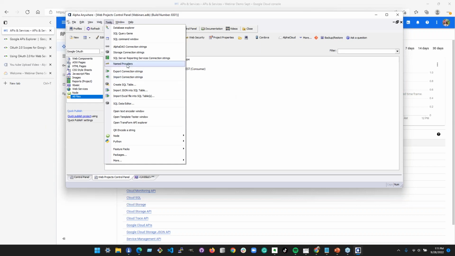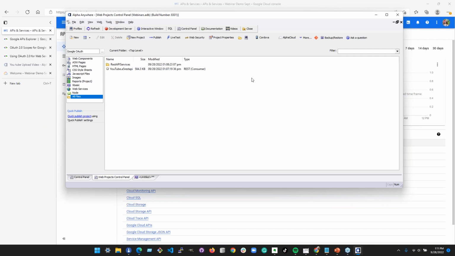And something that I ran into when I was getting ready for today's demo was that I had a case where I had created a named provider here in tools called Google, but I had also loaded a project that had a named resource provider in the project called Google, and I was getting a bunch of warnings about it, and I was a little confused, and then I realized, oh, okay, I have one on the project and one at the global level, and I need to keep those separate. And the way I solved that is I just renamed one of them.